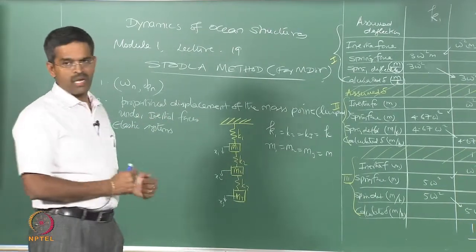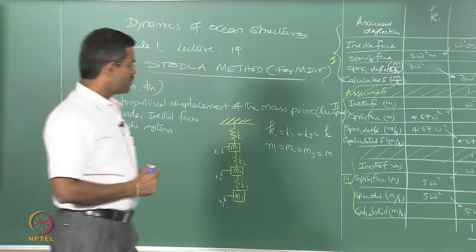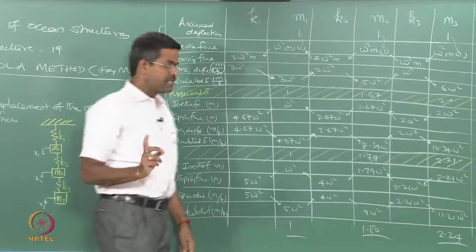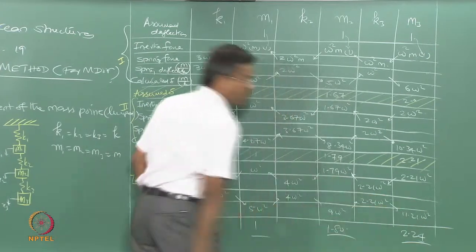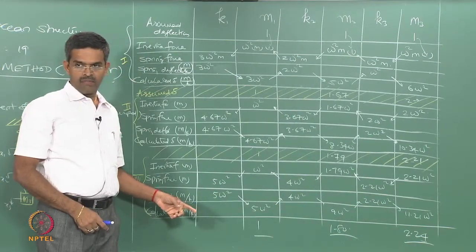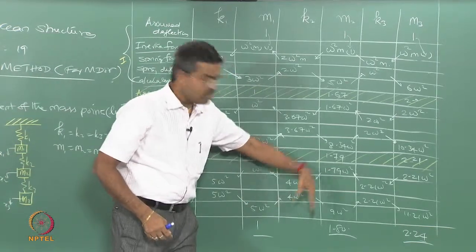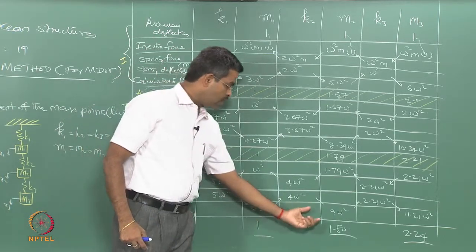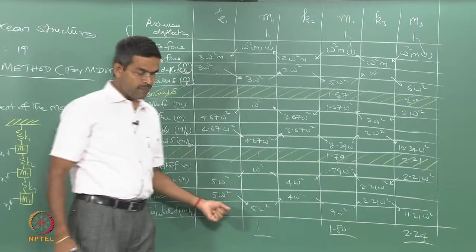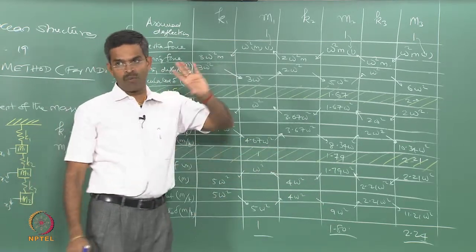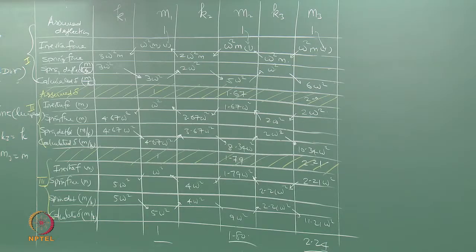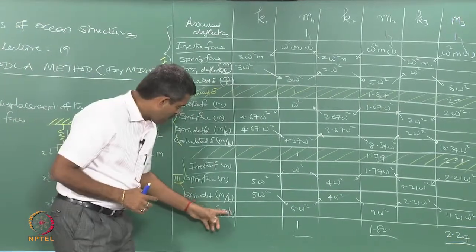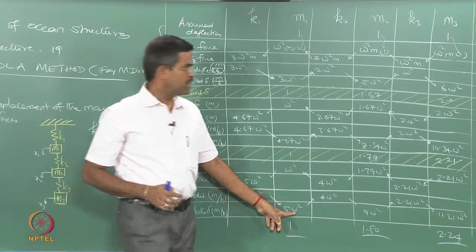Now, from this how do we get omega, that is a very important issue. The original deflection is actually not 1.8 and 2.24, it is actually 5, 9 and 11.21 omega square m by k, which are converted to ratio of 1, 1.8 and 2.24. It means, if the deflection of mass 1 is 1, mass 2 is displaced by 1.8 times that of 1 and mass 3 by 2.24 times that of mass 1 at a specific omega. That is the meaning of this. Therefore, these two values should be connected by the multiplier of m by k and omega square. Let us do that here.